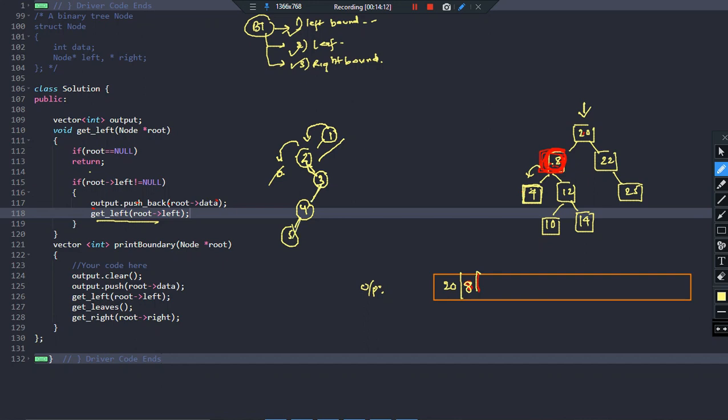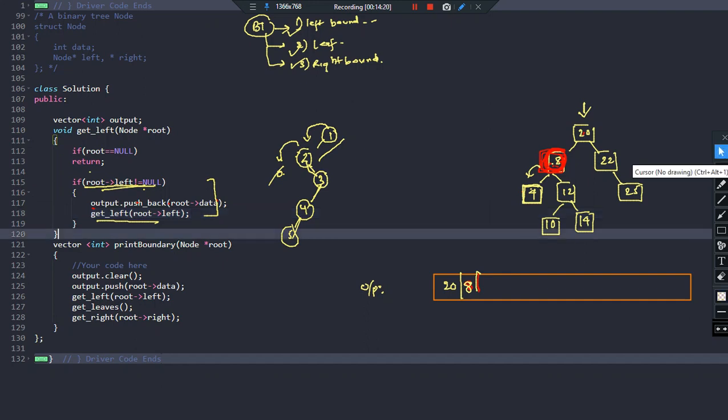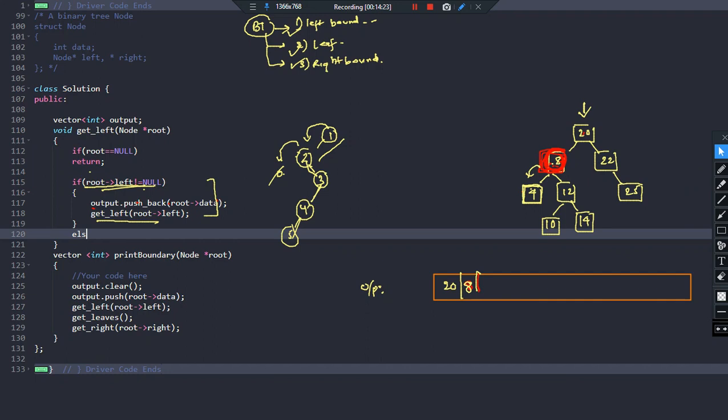That is why the moment I find out that the root left is not equal to null, do this thing. But if I find that the root left is equal to null, I should have an else part for it. Then else if, what should you do? Check whether root right is not equal to null. So if you find out that the left child is null, suppose you started from top, you went as left as possible, keeping track of these nodes, and then you find out that its left is null. So what will you do? You will start doing the left traversal from the right node, right? So I will say here, else if this,